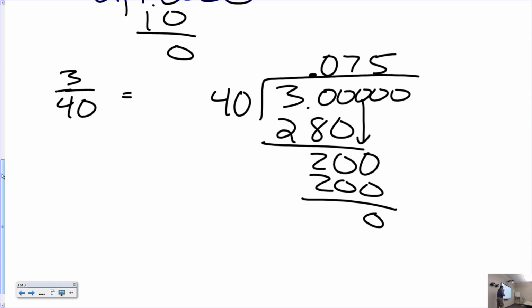So if it was 3/4, not 3/40, but 3/4, you could look at that and you could say 0.75. So is it just coincidence that instead of 4 at the bottom, it's 40, and then here instead of 0.75, it's 0.075? Oh no, it's very much so related, right? The whole point. So if we knew that law, we could just look at it and say,